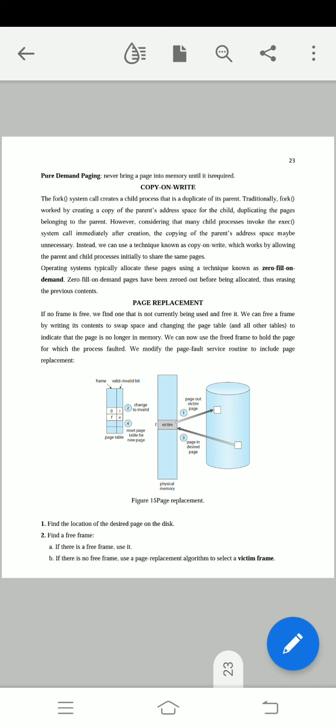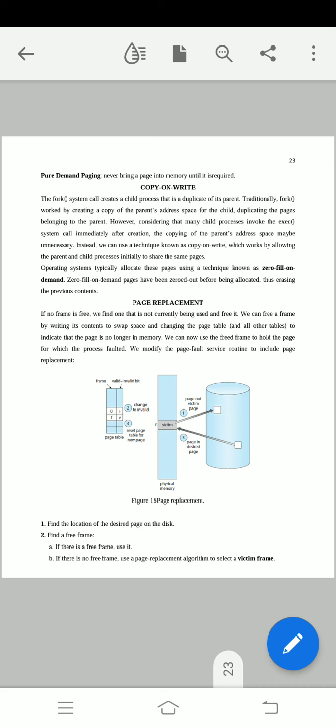Zero fill on demand means pages have been zeroed out before being allocated, thus erasing the previous content. So if the child requests some pages, any previous content is erased, and the new pages get loaded. This concept we call zero fill on demand.